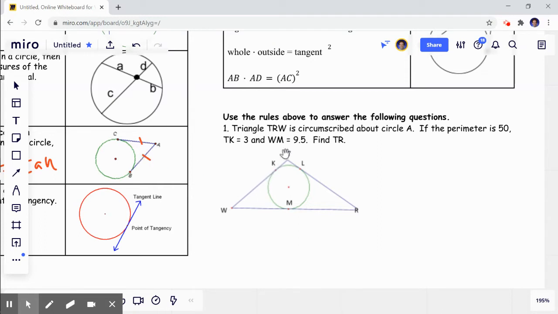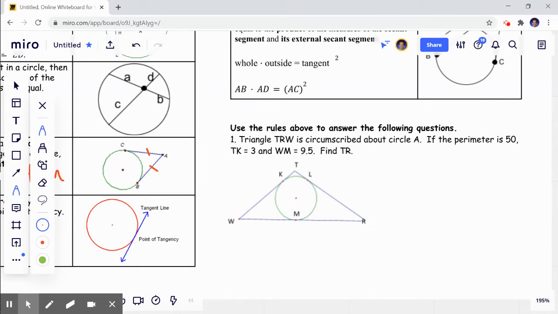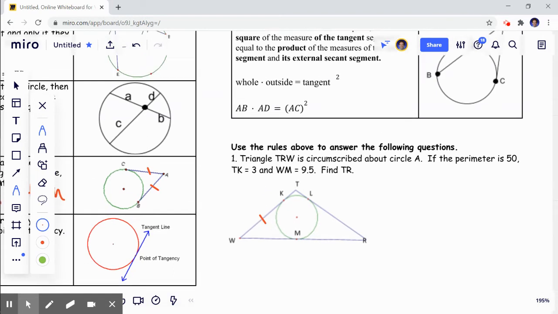And for instance, WT and WR meet at the same exterior point of W. So this rule applies right here, where tangent equals tangent. Okay, let me draw on the screen tick marks where this would be relevant. So we see WK would have to be congruent to WM